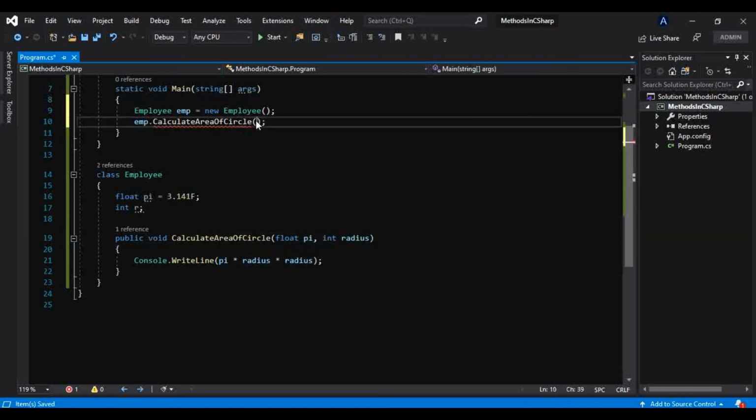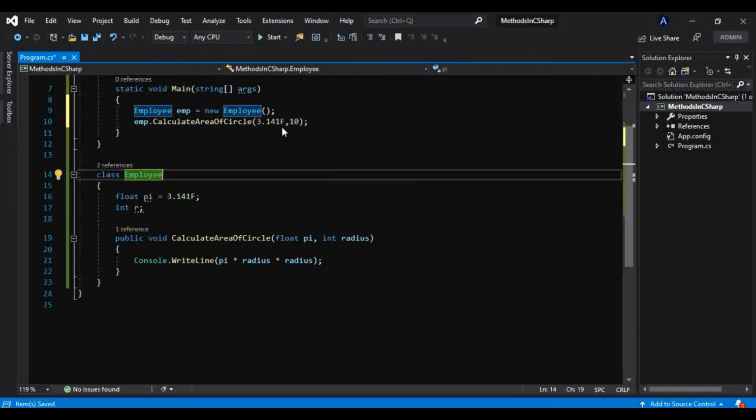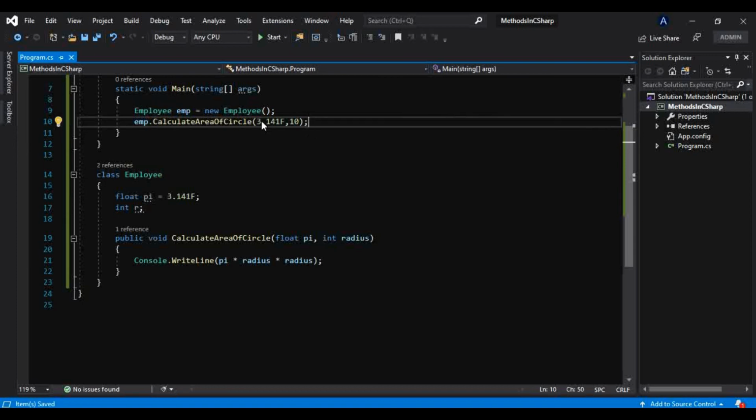So we know the pi value, that is 3.141, okay, and second is the radius. So let's provide 10 as a radius, okay. And why have I directly given these values inside this method instead of taking them from the user from the console?